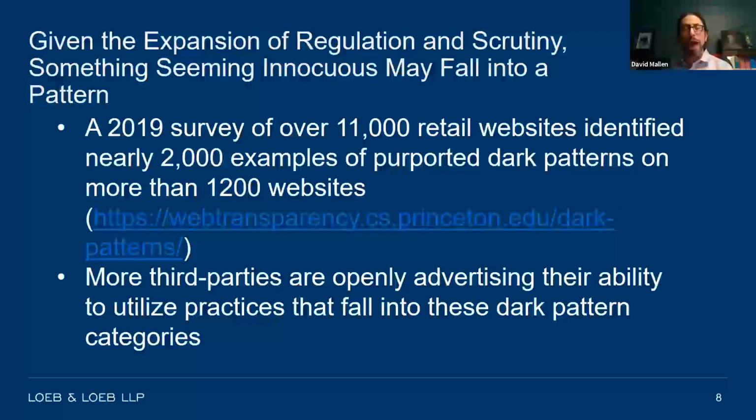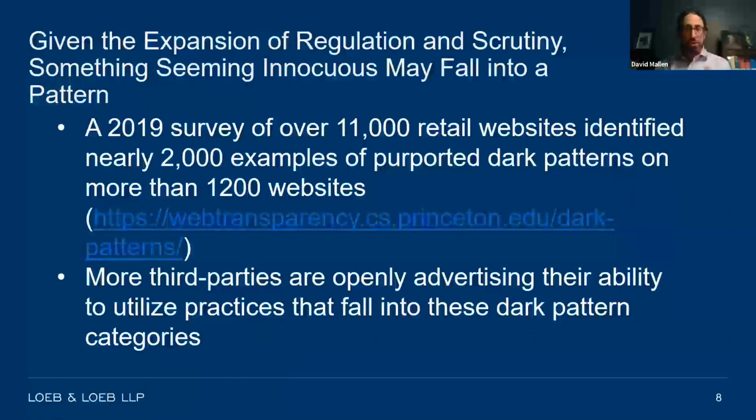and the way that dark patterns are being considered by the press and by a lot of advocacy groups. Very recently, a third-party group did a survey and examined thousands of retail websites. According to them, they found over 2,000 examples of dark patterns, all of which, in their view, could potentially raise consumer protection concerns. A lot of routine practices in e-commerce potentially could trespass on that line or perhaps go over the line into what certain regulators might consider to be dark patterns.